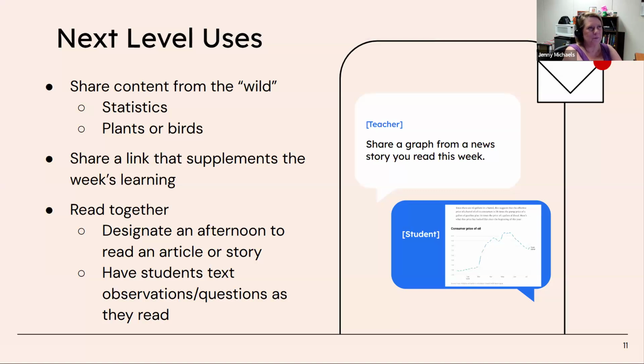There was a biology class that studied birds. One of the assignments was when students were out and about, they had to take pictures of birds that they found and share them over Twitter, back when Twitter was actually a nice place to go. So you can tell it's a few years old, but this would be a great way to apply that.